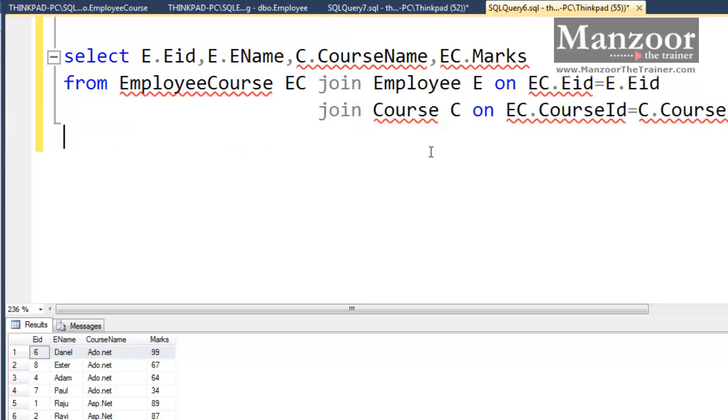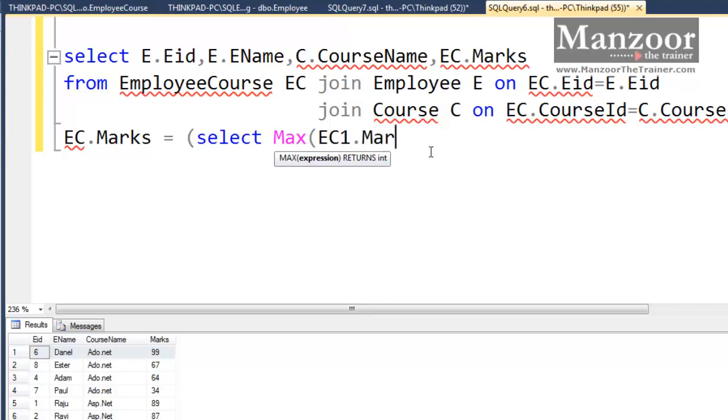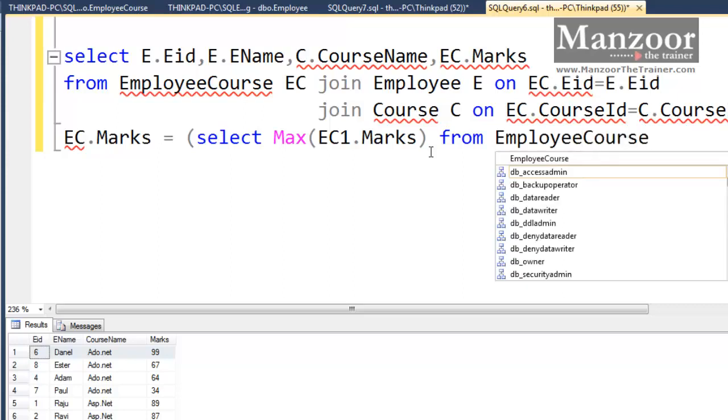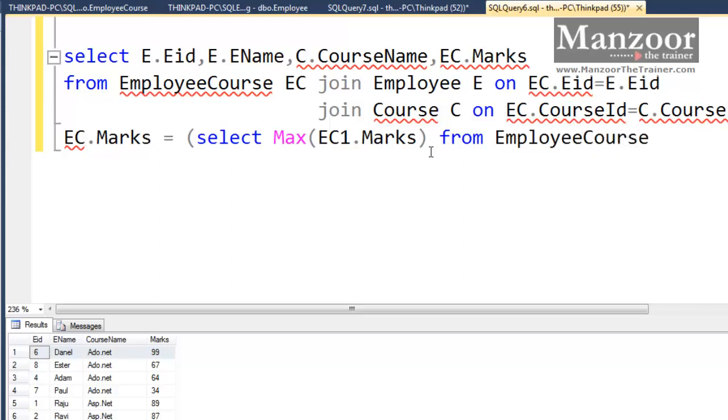Now here I will say EC dot marks is equal to, select max EC1 dot marks from employee course, where